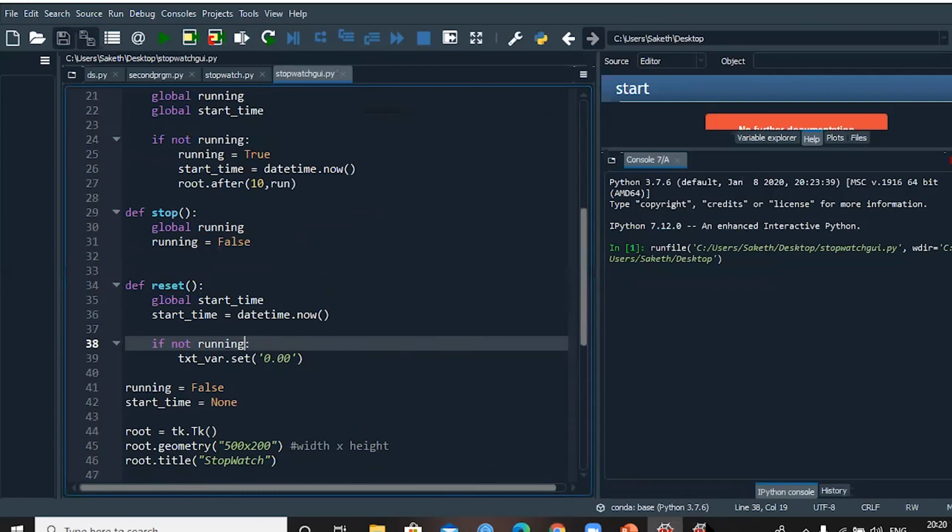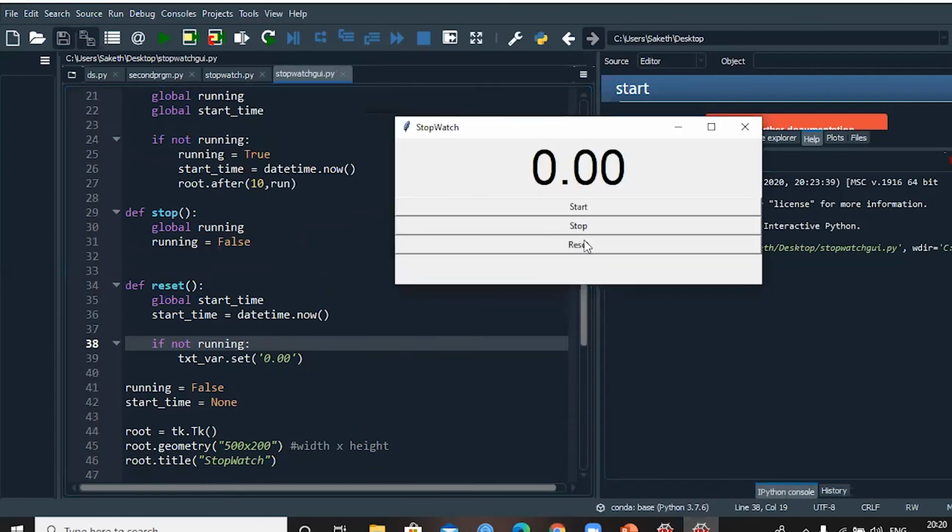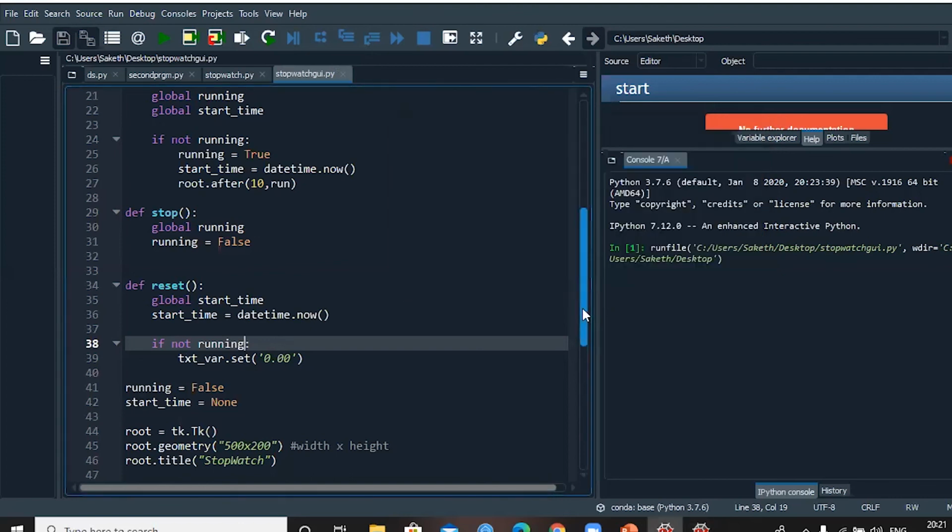I wanted you to observe that because that is the reason I wanted to change it. See, that simple parenthesis plays a very key role in Python. Parenthesis is used for tuples, which are immutable, and we are also using it for calling out functionalities. I already have a reset functionality, and if I again call it with the help of the parenthesis, that is a blunder mistake. So if I run again, you can see it functioning very well. When you click on stop, when you reset, it's going to zero time. That is the reason I gave